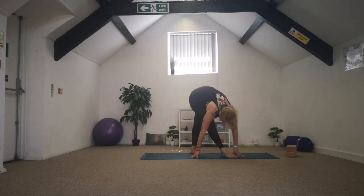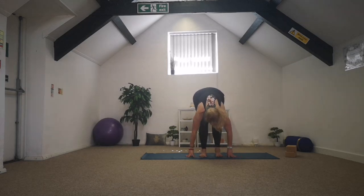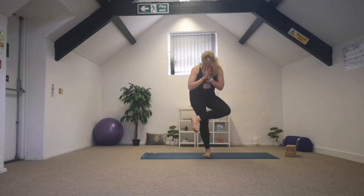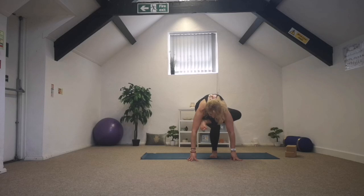Releasing here and maybe crossing your legs and just coming to the center into forward fold, bend the knees, coming to the center. Again, settle to the other side, flexing the soles of the feet, and the twist is so important here. So twisting this time to the right side,